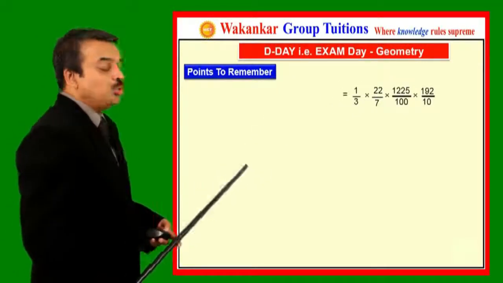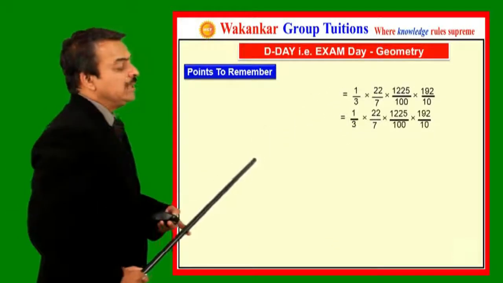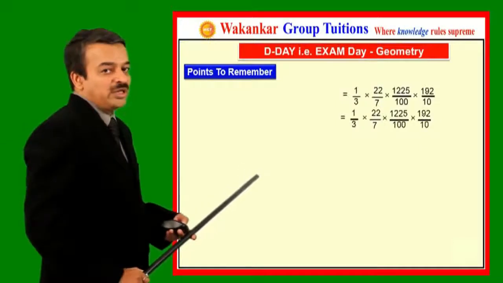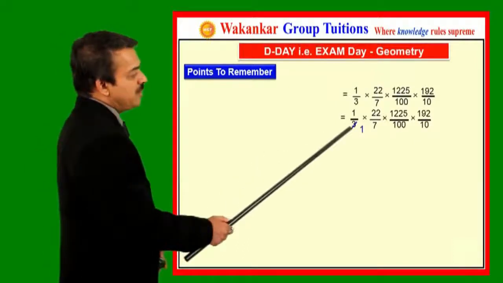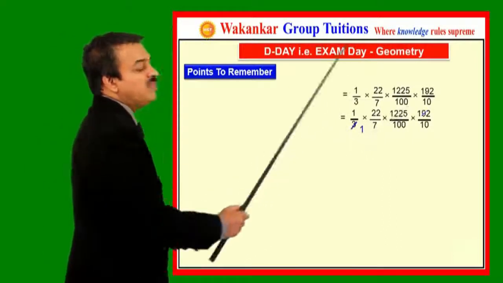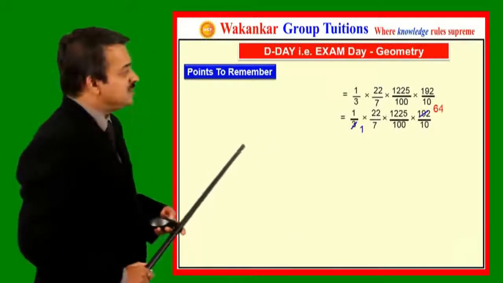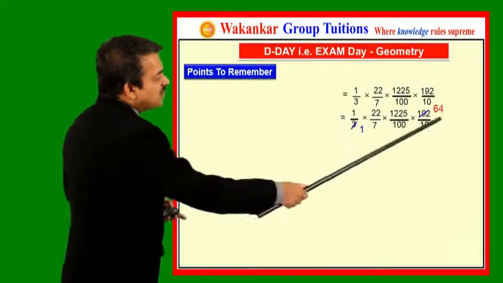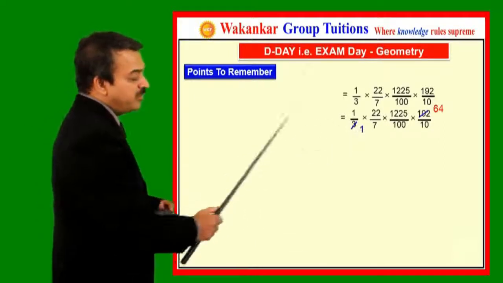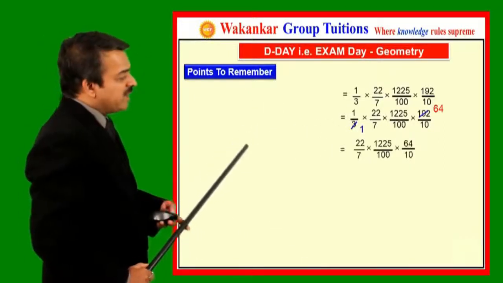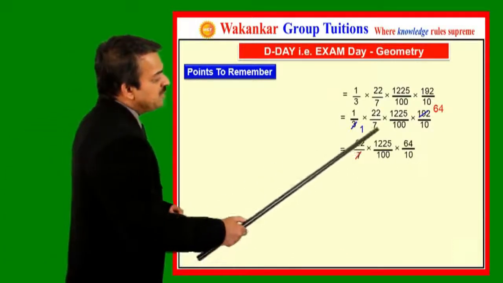Okay. Now usually what you all do is, you take down all the numbers on the next line and then you start performing one calculation. That is, say you have performed the calculation between the number 3 and say number 192. I am not interested in the answer here for the time being at least. But after this step, you write down all the numbers that you have obtained in the step on the next line. And once again you start performing another calculation. Say the calculation between 7 and